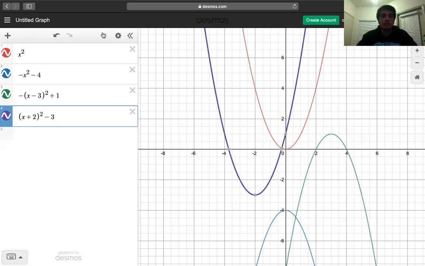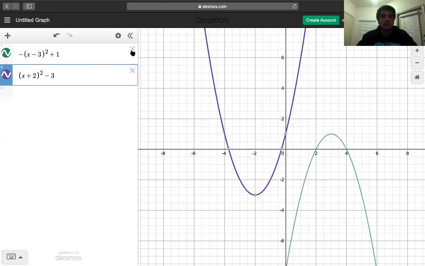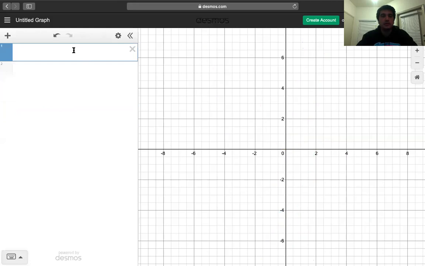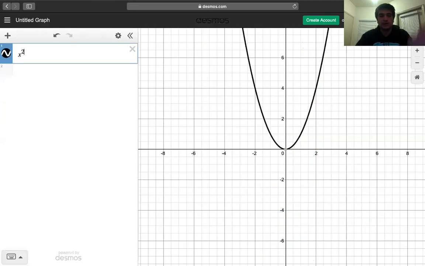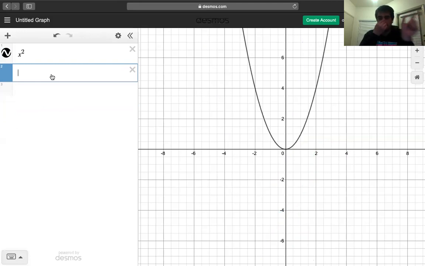So let me go to share screen, Desmos, and we're back on the calculator. So let me clear this real quick. That's from the last video, okay? So again, start with the parent function, just like we always do, right? X squared. So to tell a vertical stretch or vertical compression, you look for a number in the front, okay? You look for the numbers in the front. So easy example, right? Let's say I have